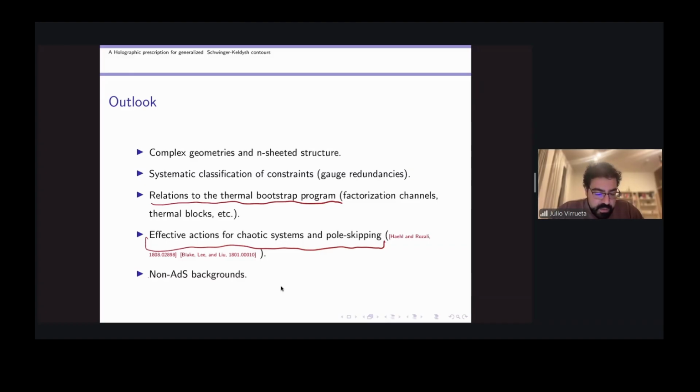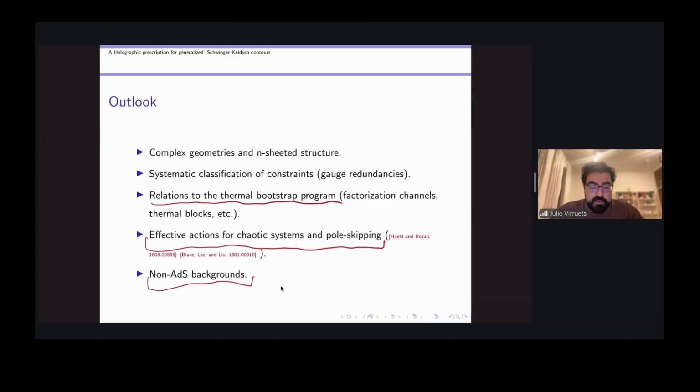And finally, even though all I care about here is standard holography, the way I like to think about these geometries is: how can I make sense of the Lorentzian gravitational path integral? Usual holography allows me to very concretely make sense of the gravitational path integral, and one can imagine how I can generalize this beyond AdS settings. For instance, if I want to consider flat holography, or if I want to consider cosmological correlators